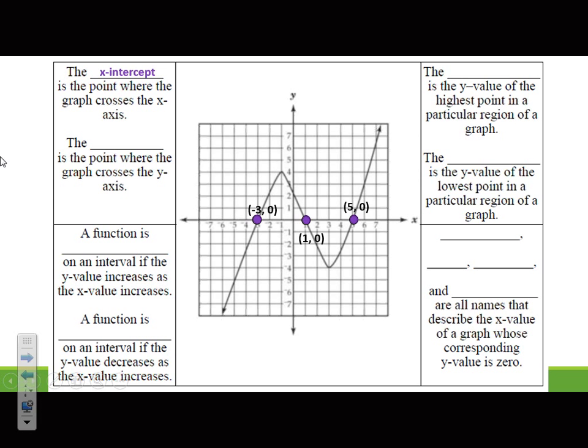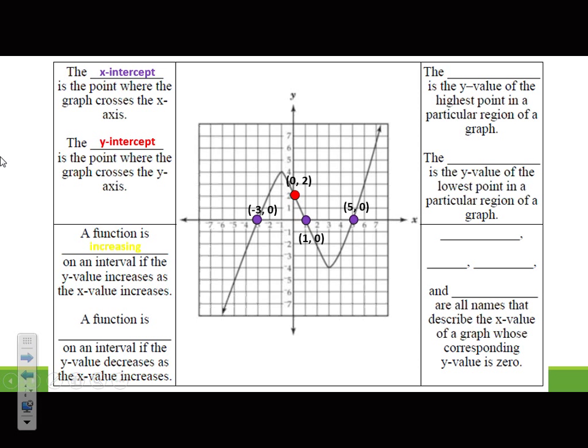Now, for our next thing, we have the y-intercept. It's a point where the graph crosses the y-axis. So if we look at this one, we have 1, and that is at 0, 2. So make sure you're filling out the sides and the inside of this foldable. A function is increasing on an interval if the y values are increasing as the x